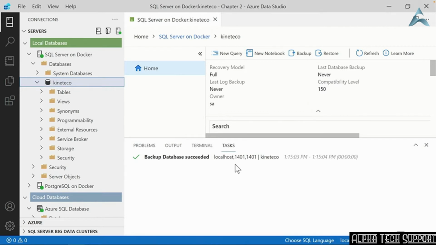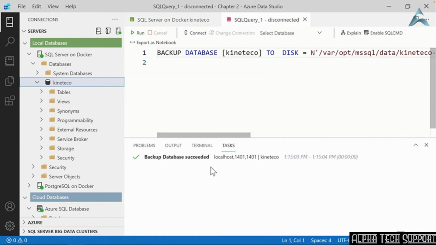The task history sidebar opens up automatically so you can keep track of the progress. Now, this is a pretty small database, so it's not going to take any time at all to back up. If you want to see the command that was issued to the server, you can right-click on the task and choose Script. That'll reveal the exact SQL code that was sent to the server in order to back up your